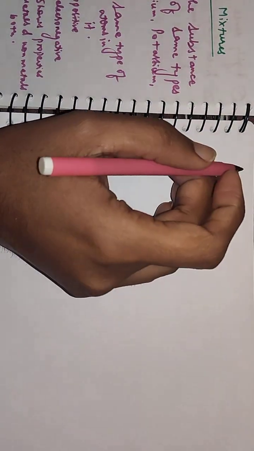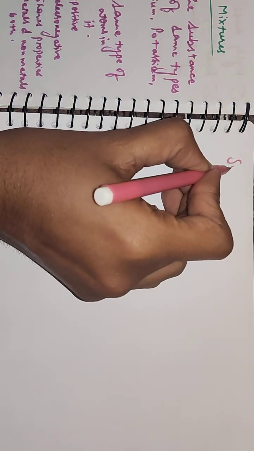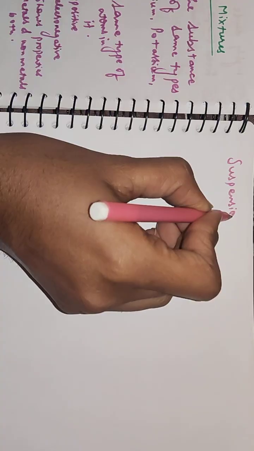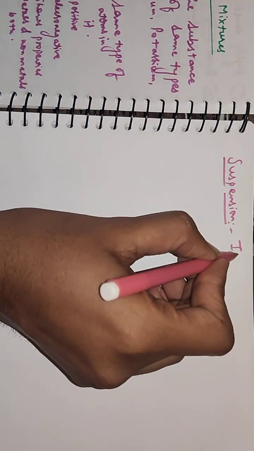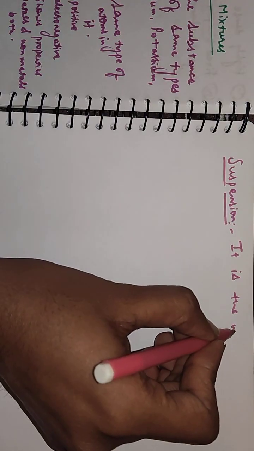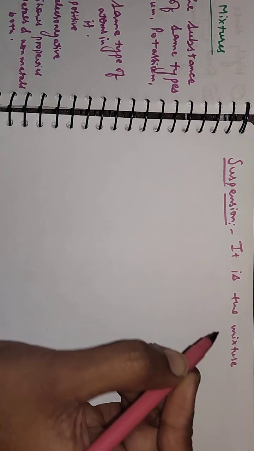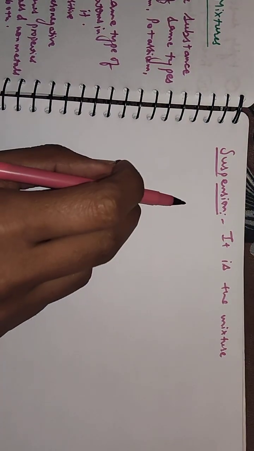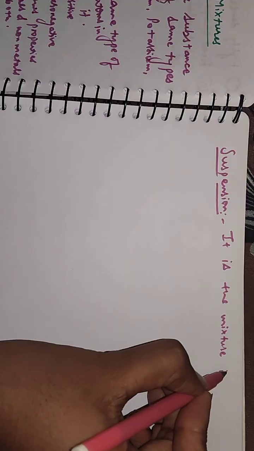If we talk about suspensions, we can understand the definition by taking the example of a mixture of water and sand. What is a suspension? It is a mixture in which